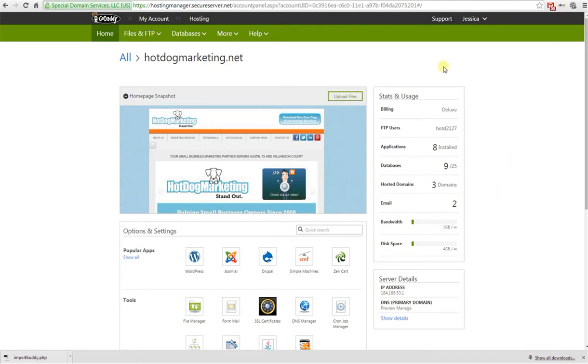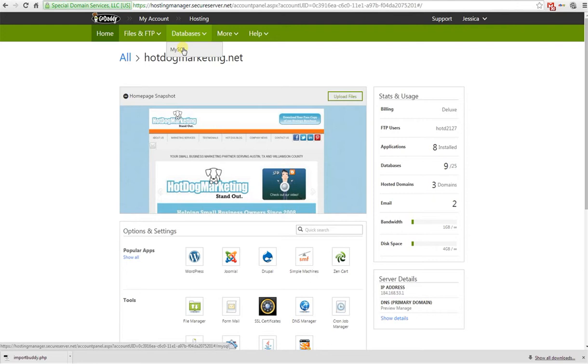First and foremost, what you're going to want to do before you do anything is to create a database. And you're using the old version of GoDaddy's control panel. They've since graduated the control panels up to cPanel, so this is going to work a little differently. I'm going to anticipate this might deprecate sometime in the future, but if you do get the new control panel,